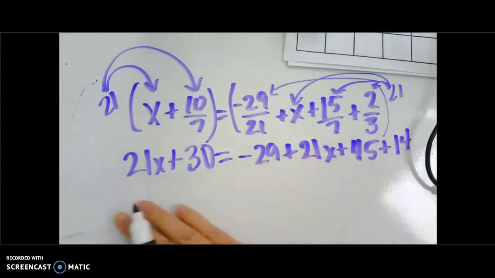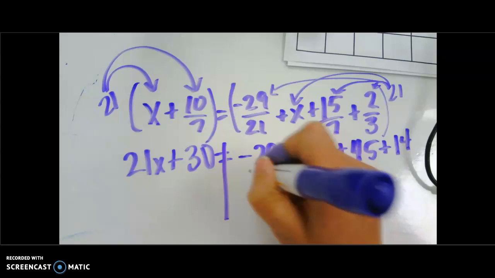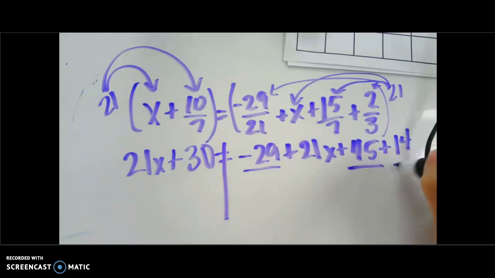From here, I have no like terms on this side. If it helps, draw your line, right? No like terms on this side. Over here, we have negative 21, 45, and 14. So, typing it all in, I will say, I